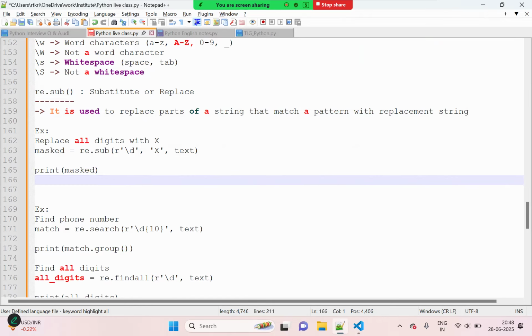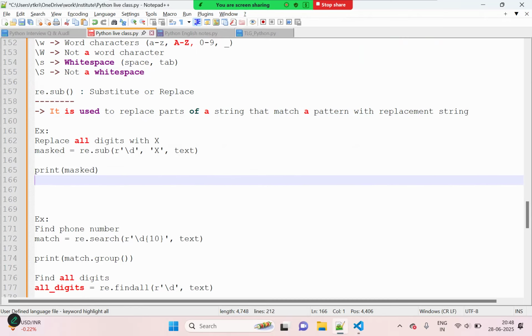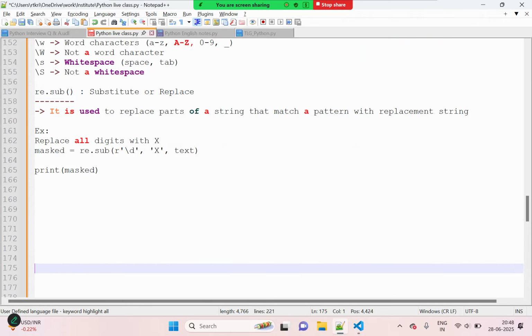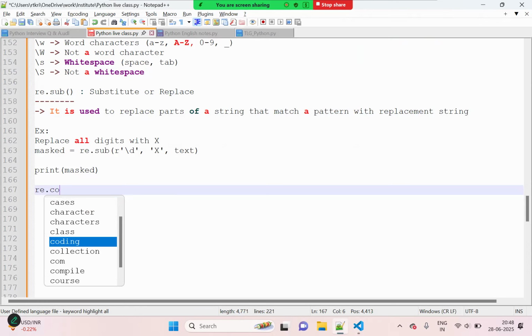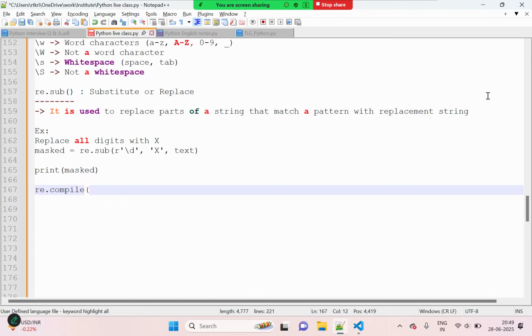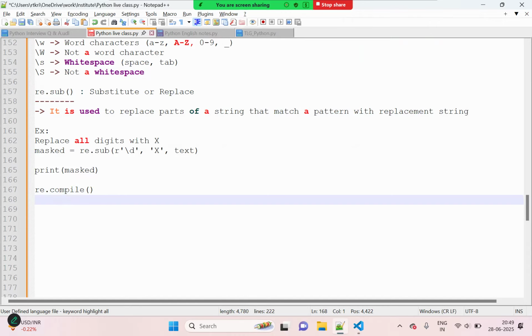Next thing, re.compile. So what it means is